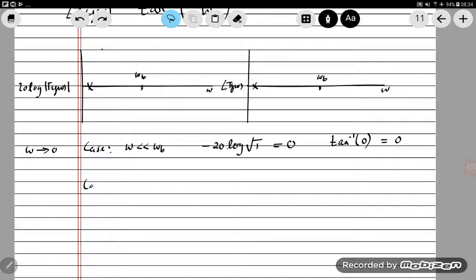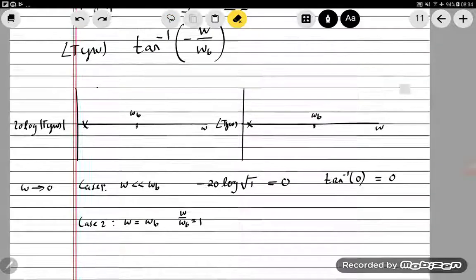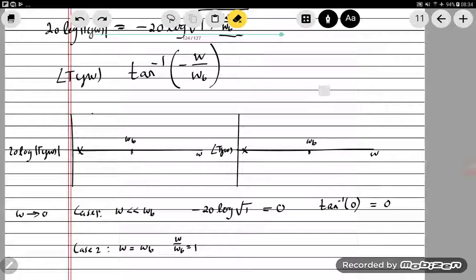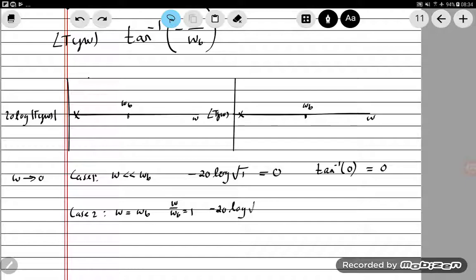Okay, the second case is when omega is equal to omega b. When that is true, omega over omega b is equal to 1. So if we go to our magnitude, that term goes to 1, and that means our magnitude is negative 20 log of root 2. That's approximately equal to minus 3 dB, if you work that out. Remember this is the decibel scale, so negative 3 dB will approximately go through there. So our magnitude will start off going through that point, and then it will go through that negative 3 dB